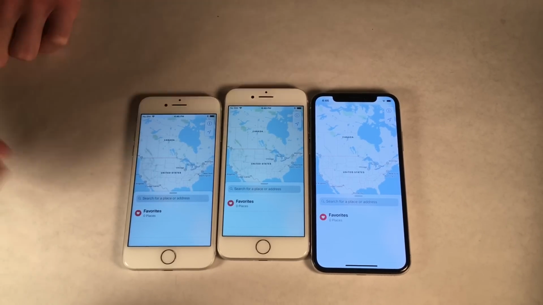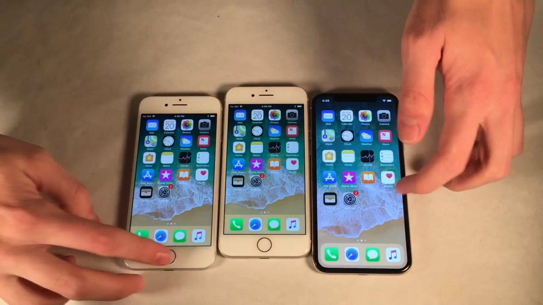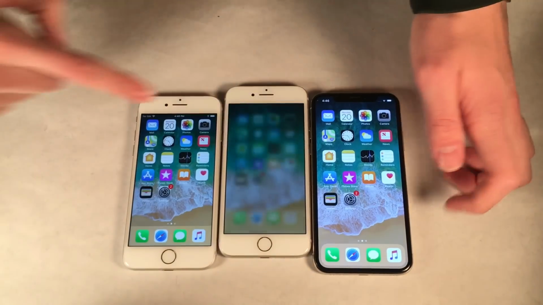However, the actual map that had to load from the internet loaded first on the 10 and then on the 7. But again, all very good. We'll go ahead and close this, and we'll move on to the next one, which is going to be the